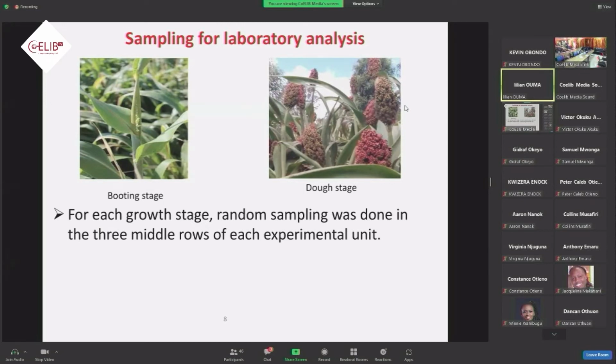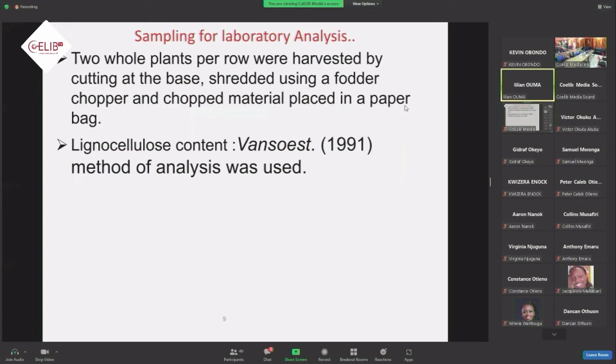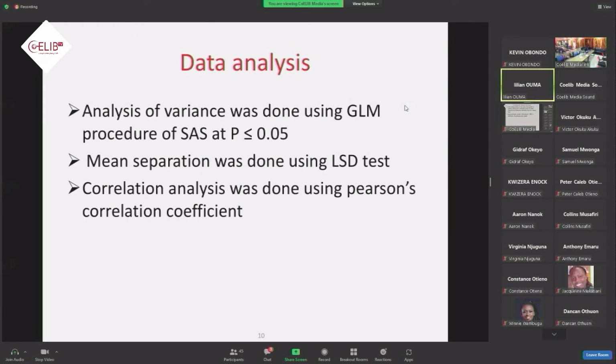Then data was analyzed using analysis of variance in the GLM procedure in SAS, then mean separation was done using LSD, and then correlation analysis was done using Pearson's correlation coefficient. The results,